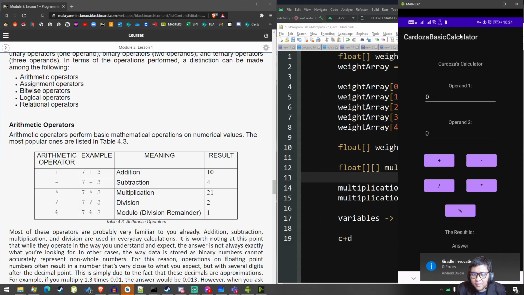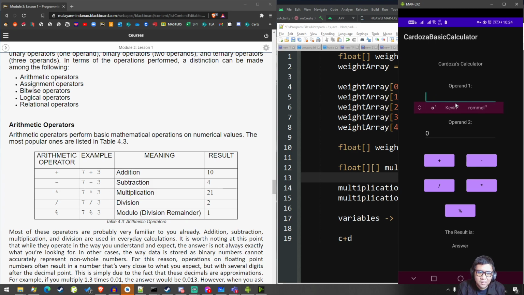So, I think you are already acquainted with these operations, right? But we will just sample it. Let's say 10 or rather 7. I will just use the same numbers, so the result should be the same. 7 plus 3, that is addition, so the answer should be 10. Then 7 minus 3, it should be 4. 7 times 3, it should be 21. And 7 divided by 3 should be 2,